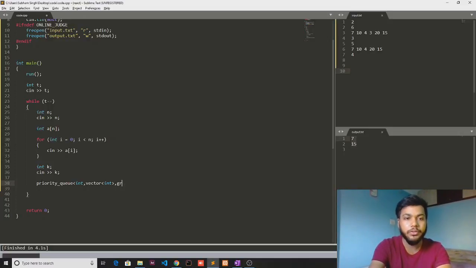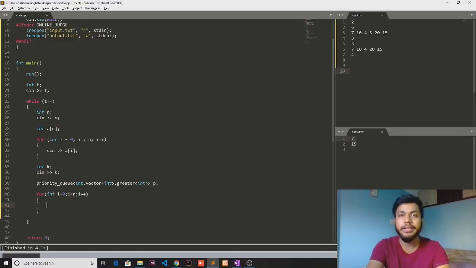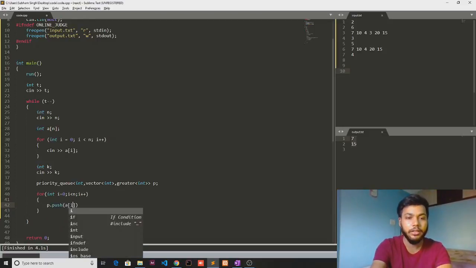Also, we need to use the greater function, and let's denote it with p. So now I'll just put all the array elements inside the priority queue. For that, I will use the push function, and I'll just push array elements inside it.